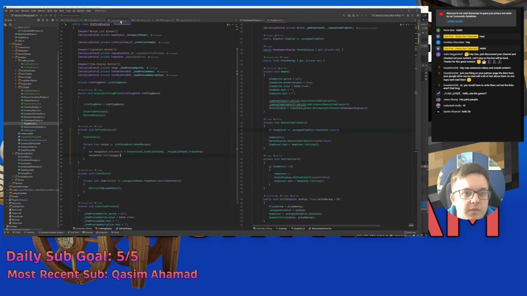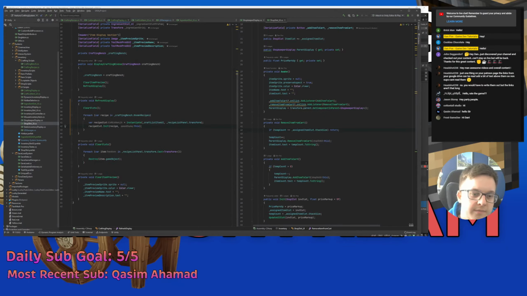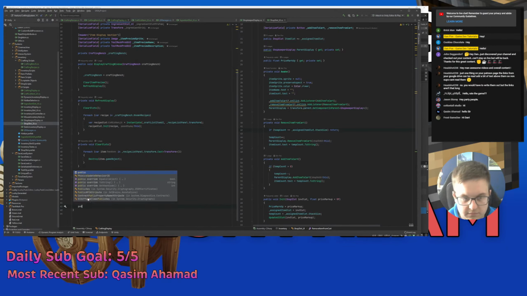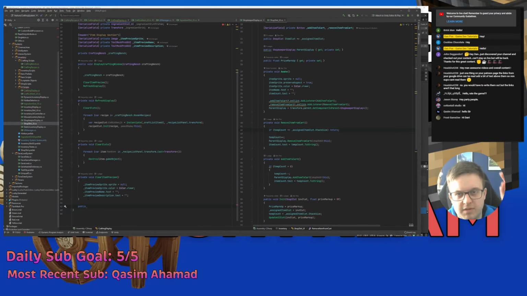Okay, so when we open up the display, we can initialize it with the recipe and pass in a reference to ourself. And then when we click the plus button, we're going to tell the display to update the crafting item on the right hand side. So update chosen crafting, update chosen recipe,